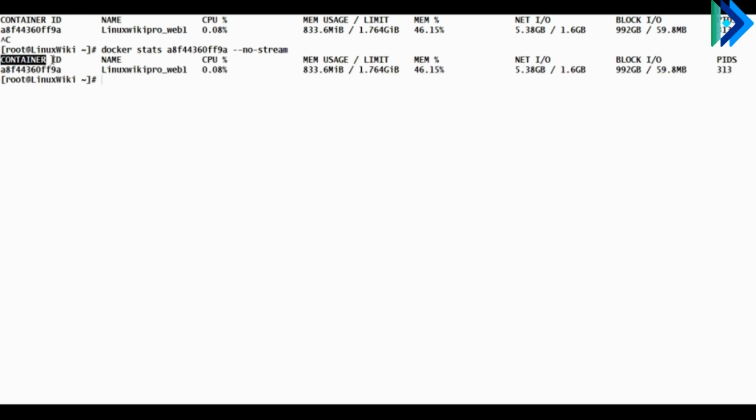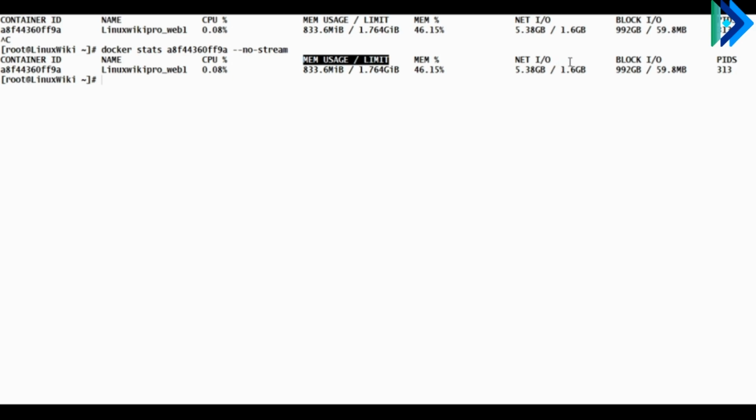In the docker stats output, container id and name are the id and name of the container. CPU and memory percentage is the percentage of the host CPU and memory the container is using. Mem usage / limit is the total memory the container is using and the total amount of memory it is allowed to use.